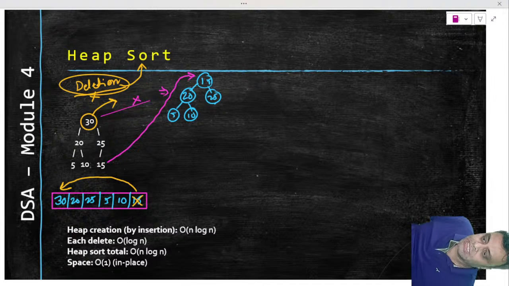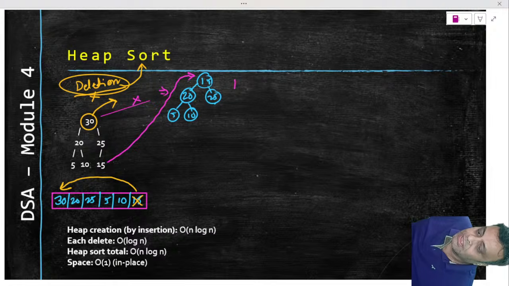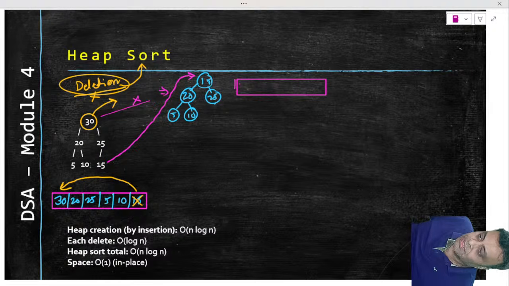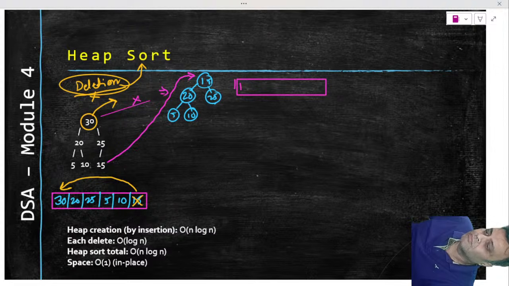So how does the array look like for us? So let us draw the array. The new array now looks like this. 15 has come here. So 15 has come here. And then we have